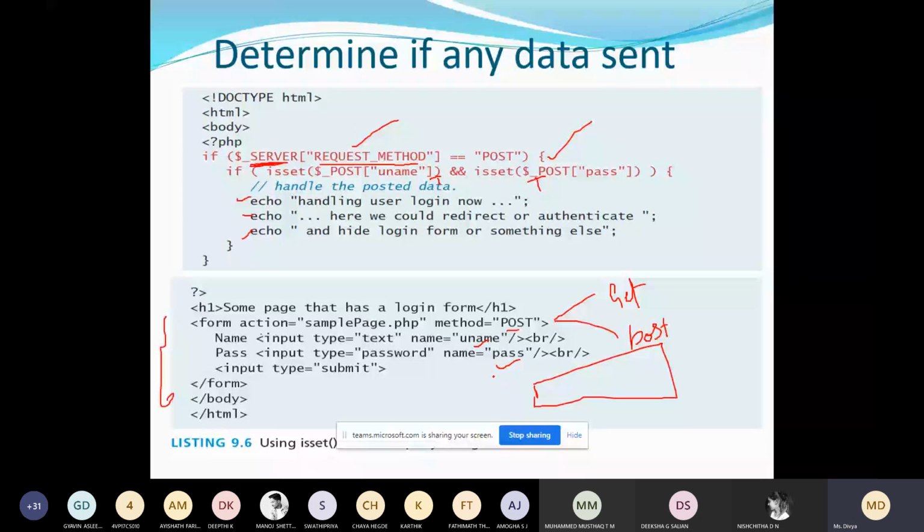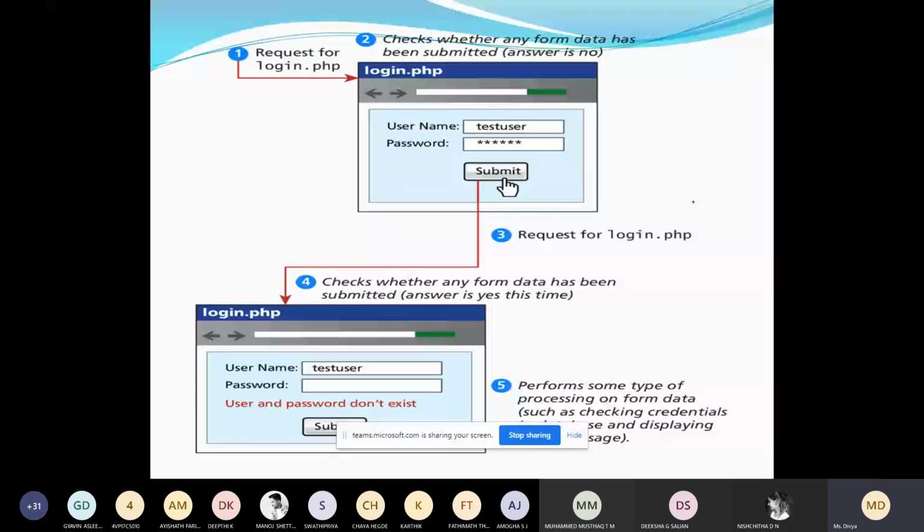So first you have to check whether the user has entered these two values. Suppose the user has not entered the value, what can you do? If you click on the submit button, you can tell the user that the username and password do not exist. I mean, here you are giving some wrong username and password when you are logging in, so you can display some error message.